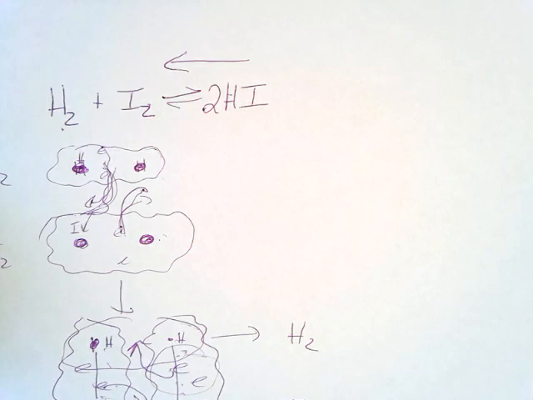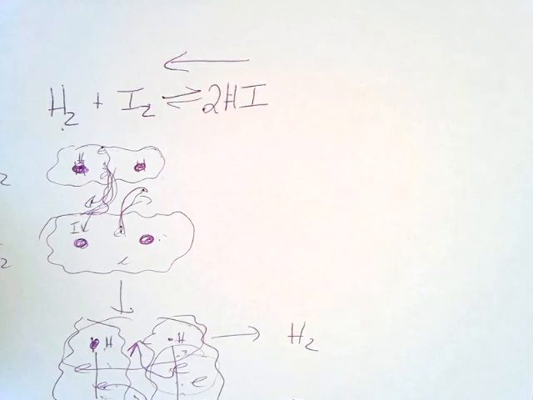Right now you have the highest concentration of H2, highest concentration of I2. The rate law says rate of reaction is equal to k times those two concentrations. So at high concentration, high rate of forward reaction. So let the H2 and the I2 react very rapidly, lots of collisions to form two red HIs. And let them appear, bang, bang, and then another one appears, bang, bang, and another one appears, bang, bang. But they're starting to appear more slowly,